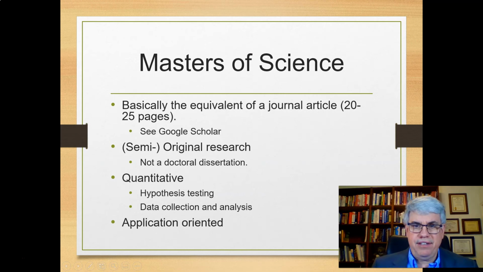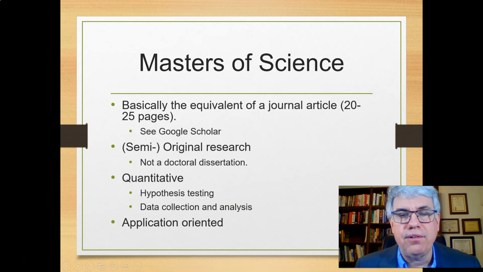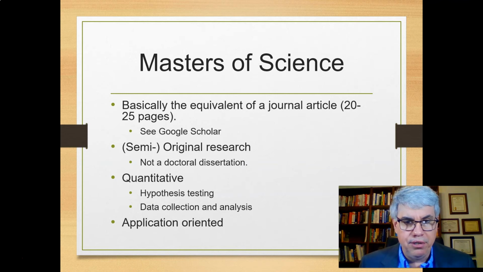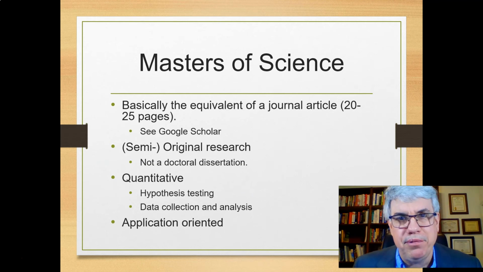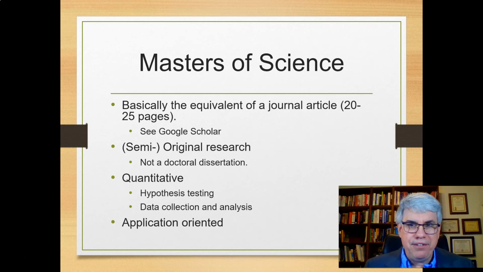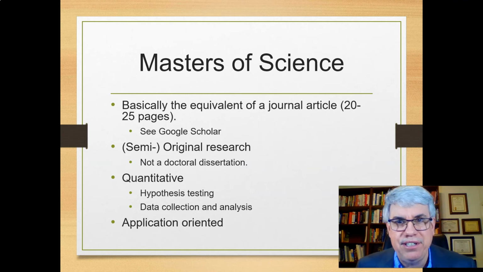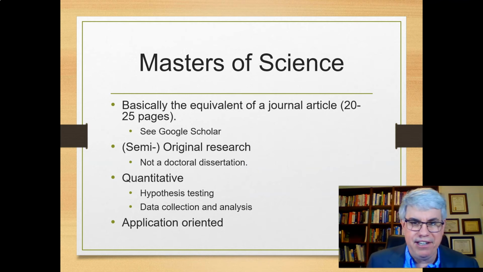All right, so that's how you can access journal articles, and your thesis is going to be very similar to a journal article. You're going to produce original research or semi-original research. It doesn't have to be 100% original. It can be similar to other people's research. This is a master's thesis. Most of you will be doing this degree in about 2 years. It's not a doctoral dissertation where you might spend 8 years on it.